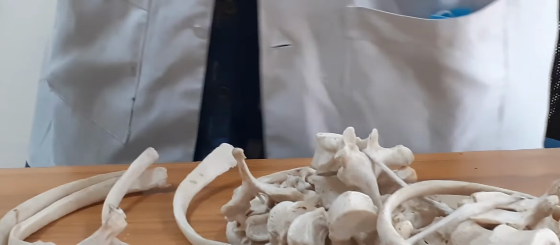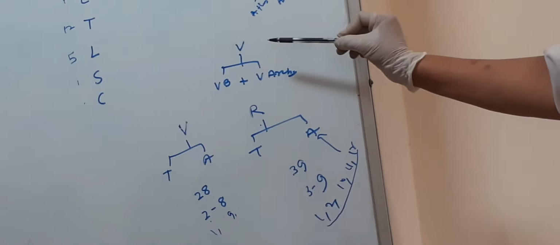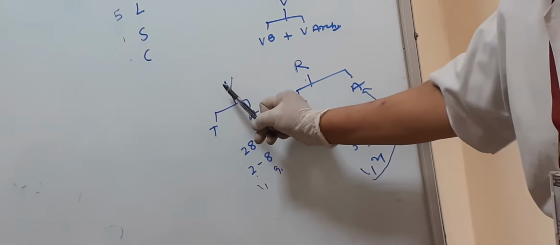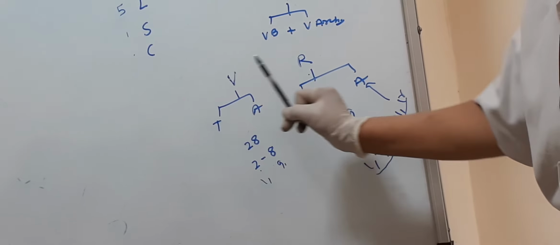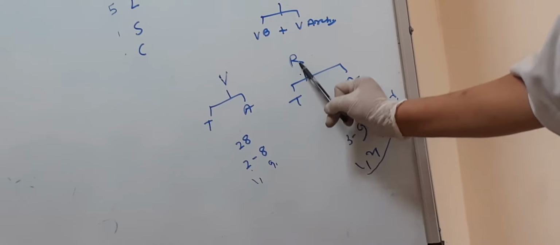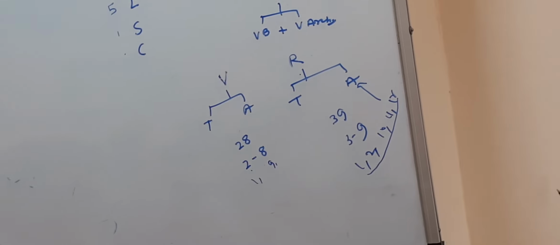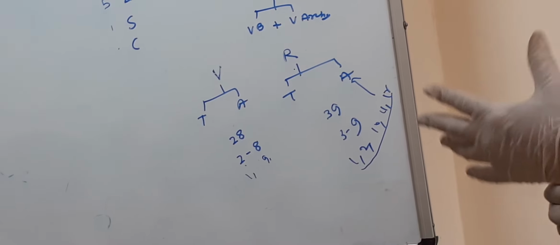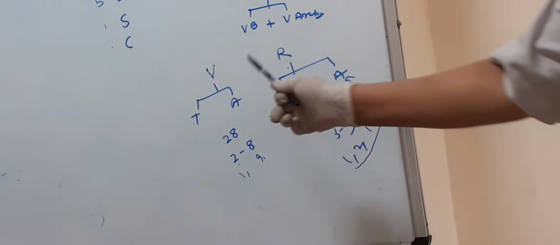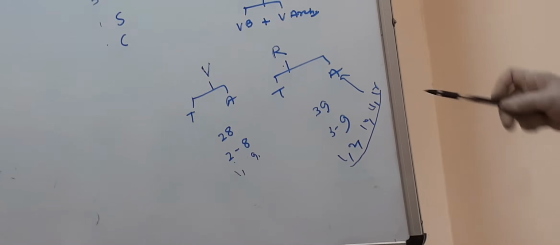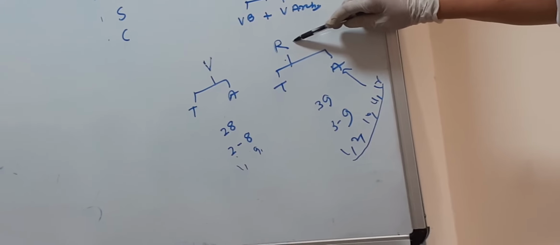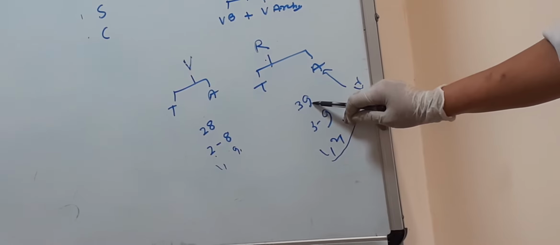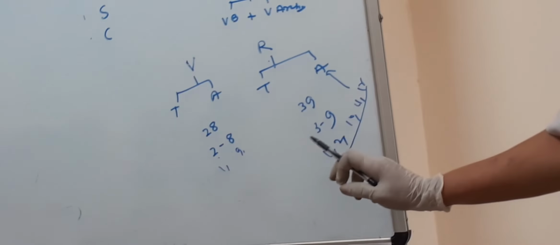Regarding its division, again thoracic vertebra. Here you can see V for vertebra and it is supposed to be thoracic vertebra. And this is R for rib. Ribs. Both are divided, typical and atypical. Now how will you memorize the typical thoracic vertebra and the typical ribs? R for rib and R for Rakhi Sawant. Rakhi Sawant is 39-year-old. So typical rib is 3 to 9.